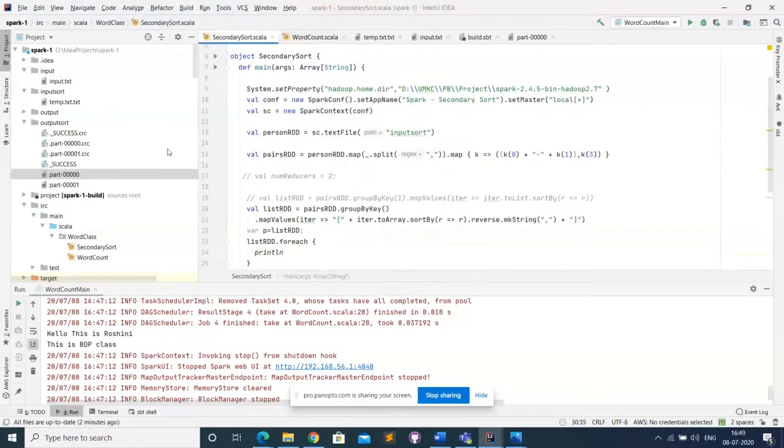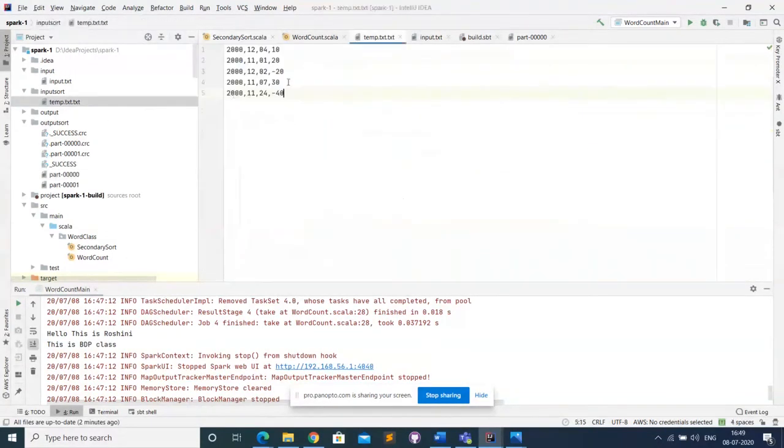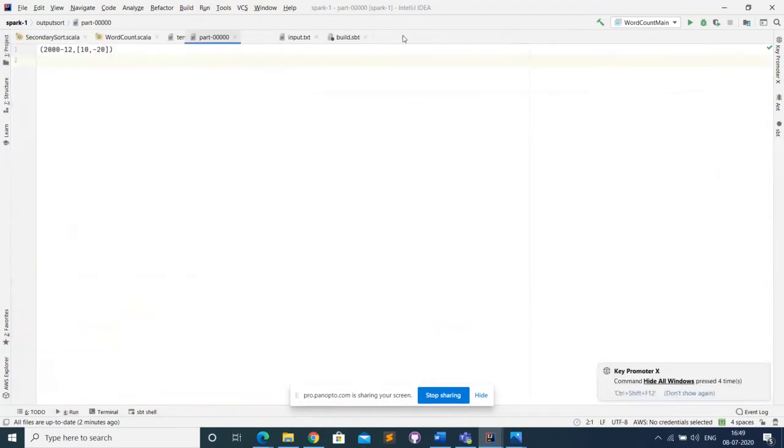As you can see, this input file, temp.txt, has got 2012 10. So the output should be like 2000-12 comma 10, and the grouping along with the minus 20. So 2000-12 with 10 comma minus 20 should be our output.